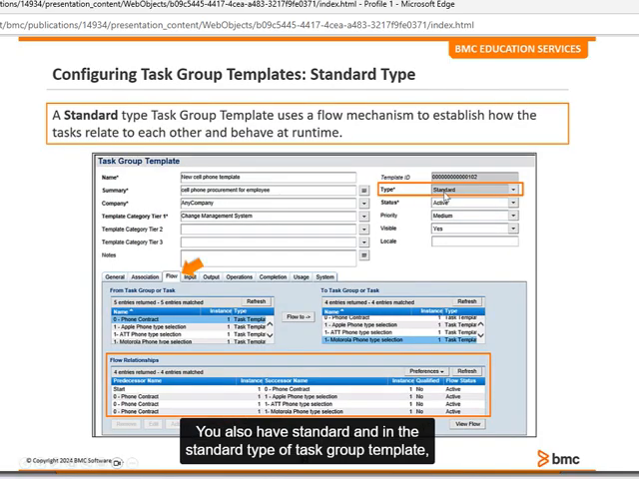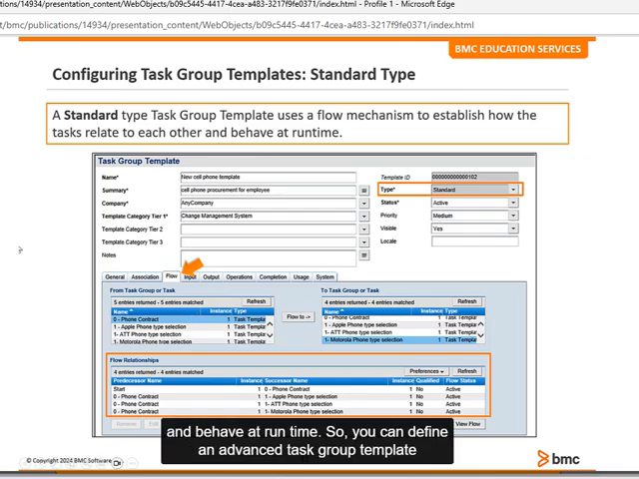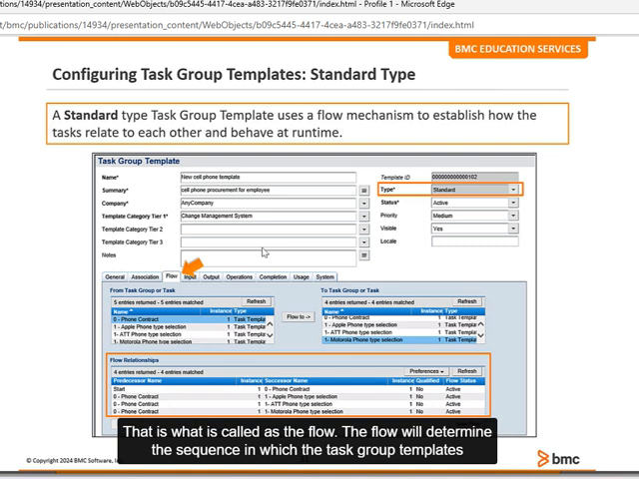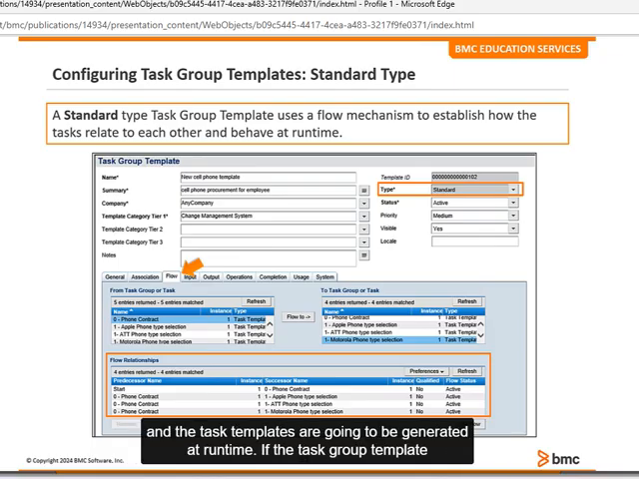You also have standard. And in the standard type of task group template, it uses a flow mechanism to establish how the tasks are going to relate to each other and behave at run time. So you can define an advanced task group template where you can establish how the associated task group templates and the task templates relate to one another. That's what is called the flow. The flow will determine the sequence in which the task group templates and the task templates are going to be